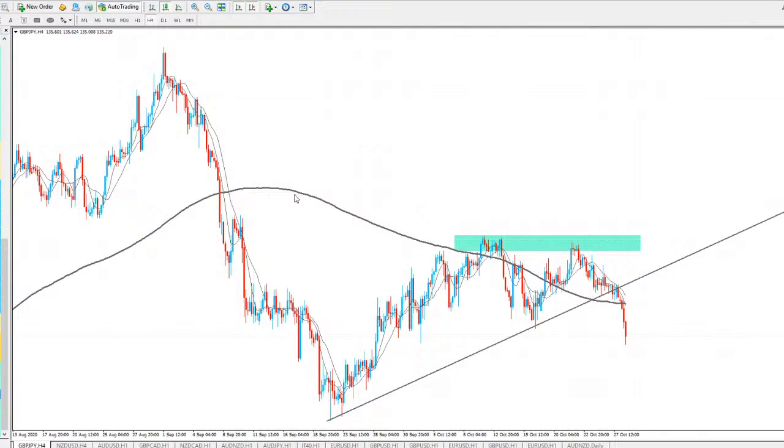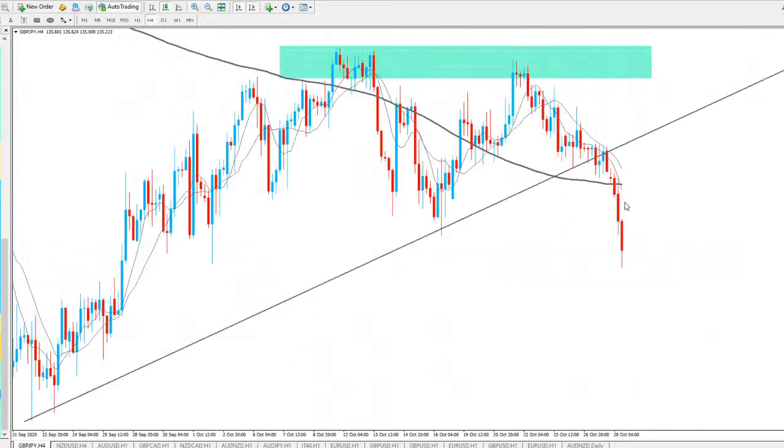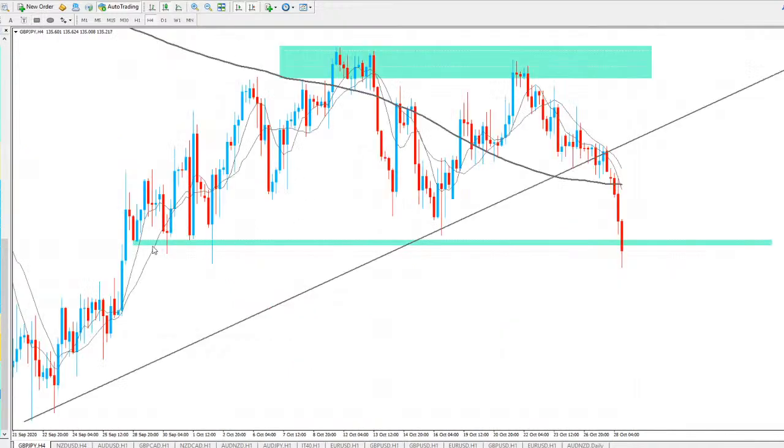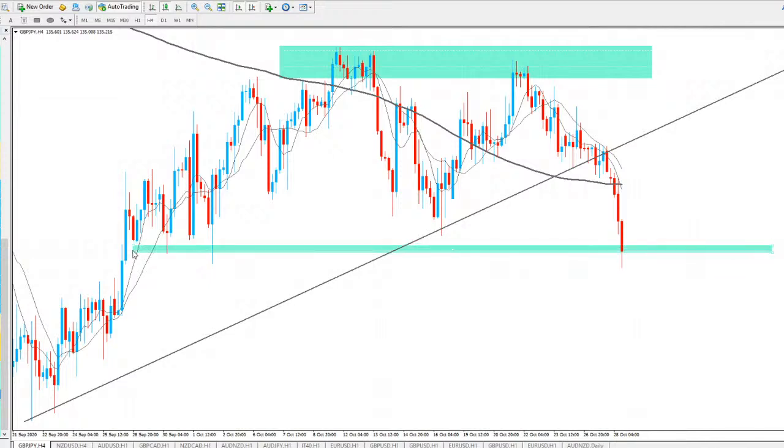JPY, this one still looking bearish. Had a break of that trend line yesterday or early this morning maybe, and you can see from then on we had a nice move to the downside, and price is looking very bearish. Currently we're talking about this support area going through the market, which looks like it could be seeing price break through it. As you can see, we've got all these wicks around there, so looking for price to break through that